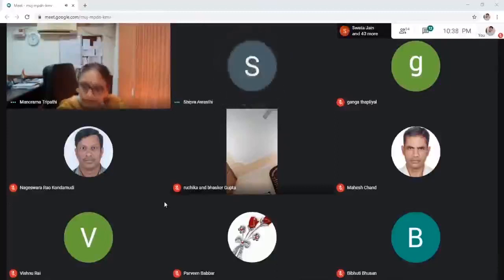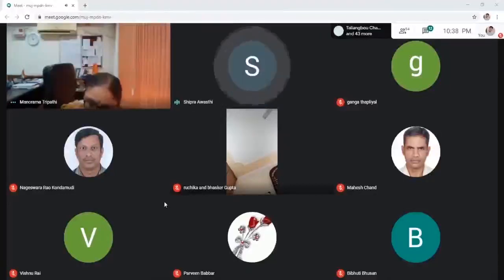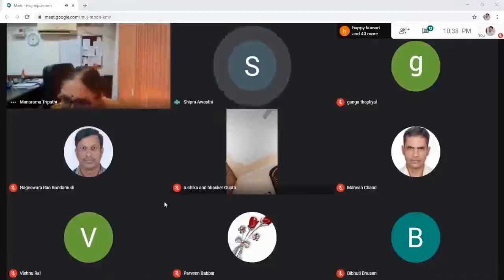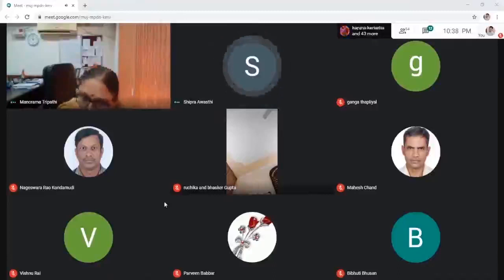Ma'am, the query put up by Ruchika and Bhaskar Gupta, actually in this query they are specifying the condition, and why is this condition applicable not only for Turnitin, it is for all three software. They have these bibliographies conditionable in all three software. It is not only for